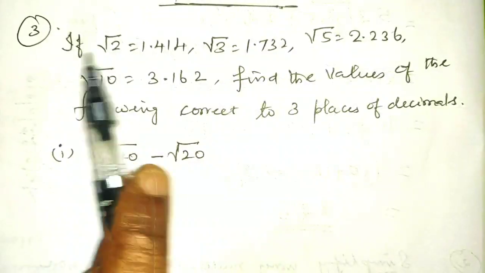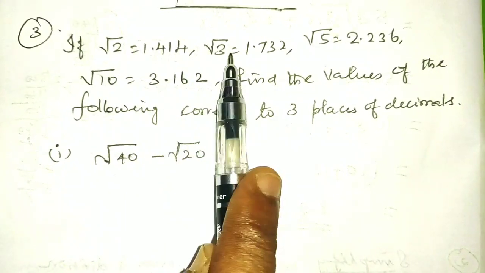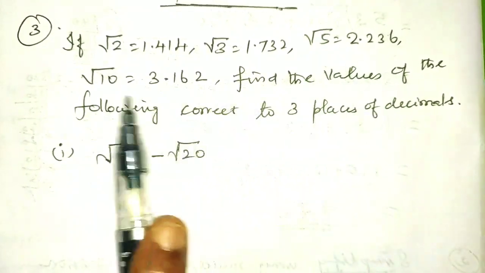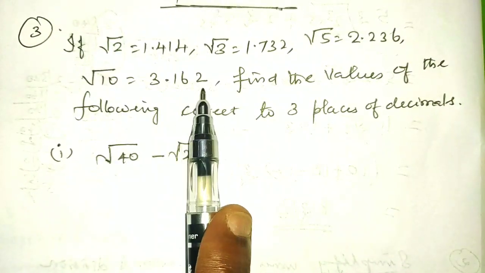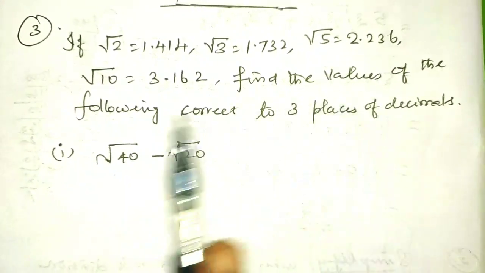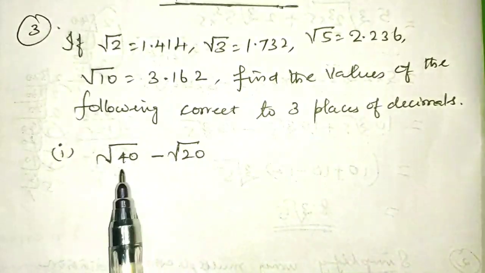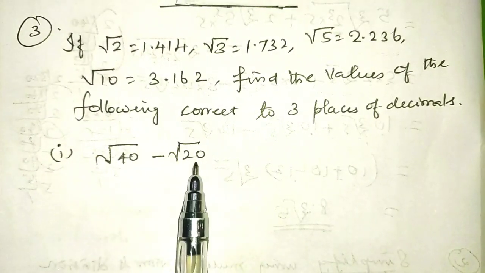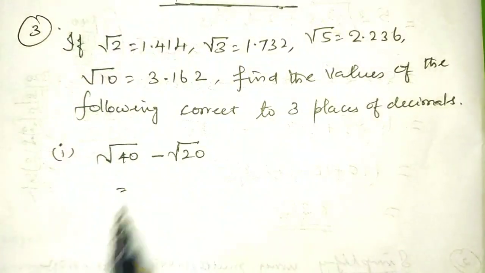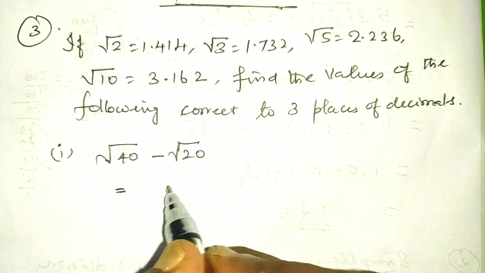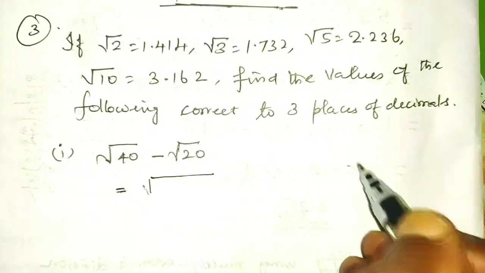Okay, the third sum. If root 2 is equal to 1.414, root 3 is equal to 1.732, root 5 is equal to 2.236 and root 10 is equal to 3.162, find the values of the following correct to 3 places of decimals. The first sum is root 40 minus root 20. First we have to split this root 40 into the simplest form of surds. So 40 can be expressed as